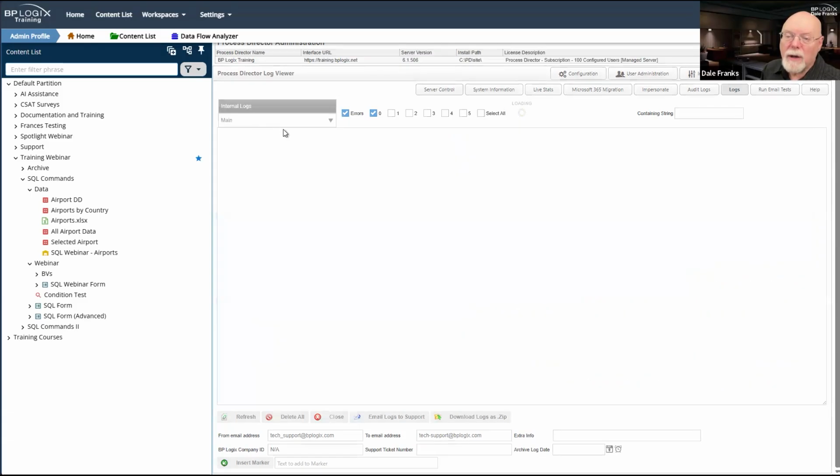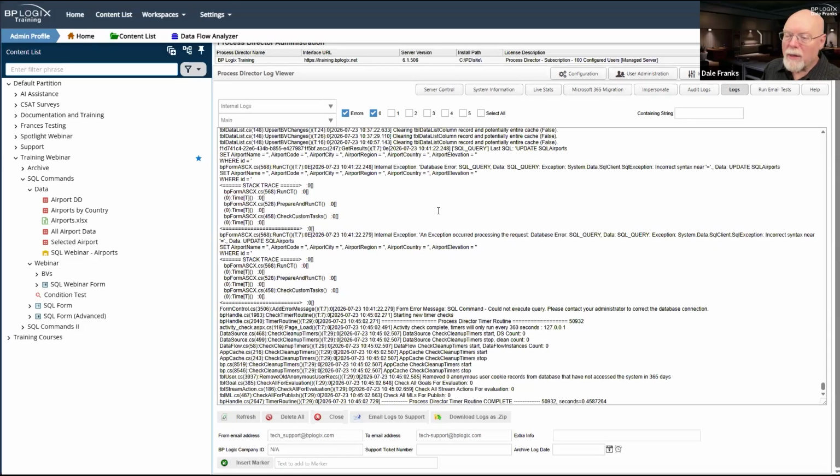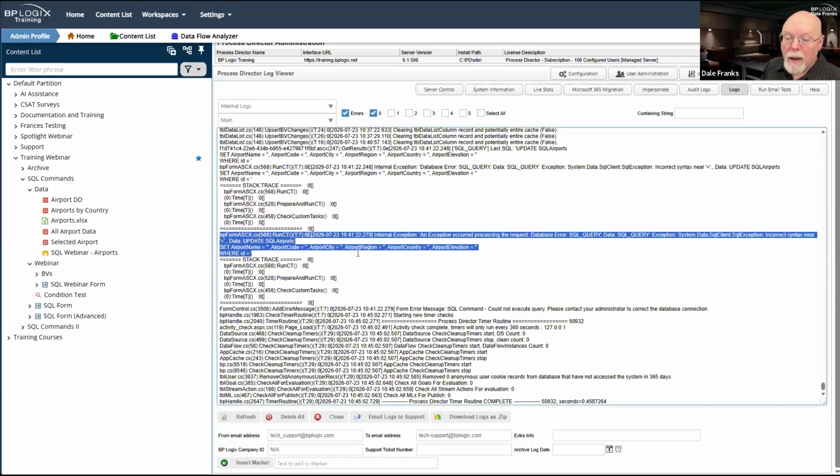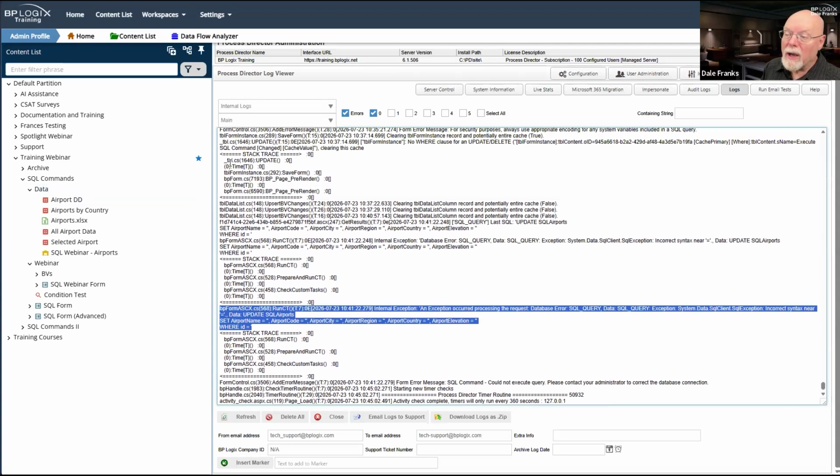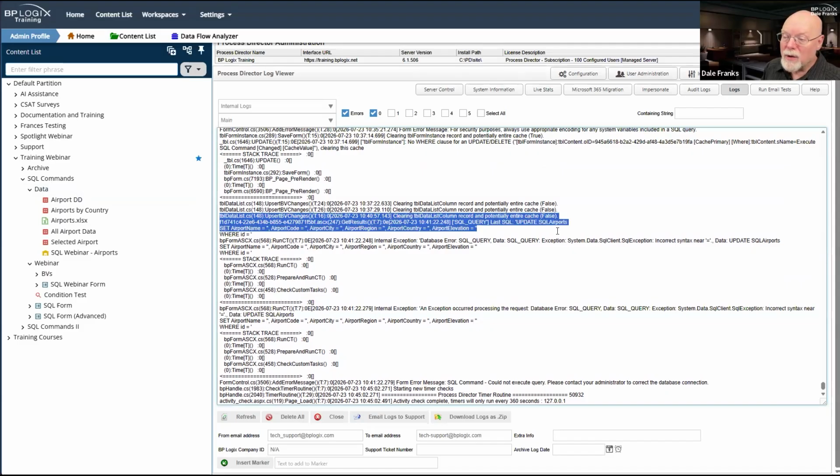Most of the time, we tend to go and look in our internal logs rather than our script logs. And you can do that as well, because it's going to throw that error too. In fact, it's going to start throwing it up here where it tries to do the run, and it's going to run across that error.